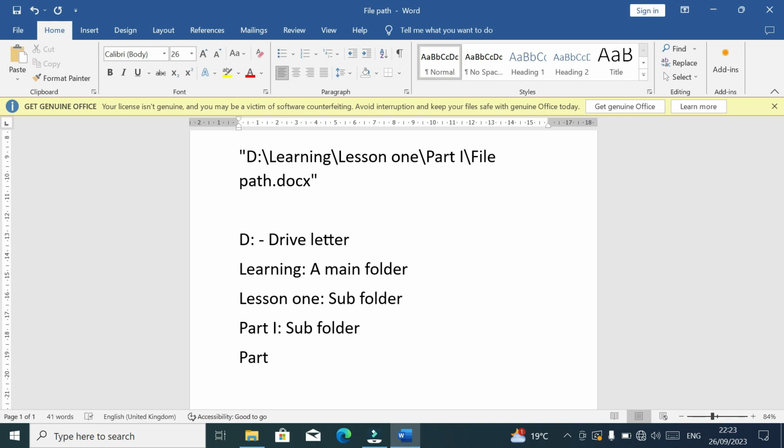Oh, sorry, we are done with part 1 now. Finally, we go to the file. So what do we mean by file path? This is just a file name. Then after knowing that it is a file name, we have another part, which is .docx. This is a file extension